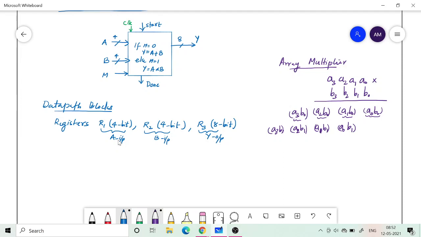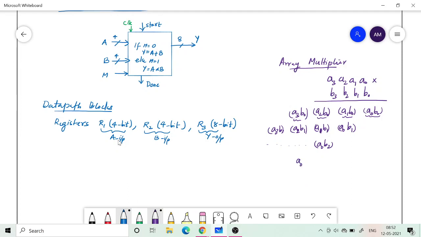Then what you need to do is multiply B2. That will be A0, B2, and likewise you do this, and the next one will be B3 into A0, B3, in the order in which I have written.